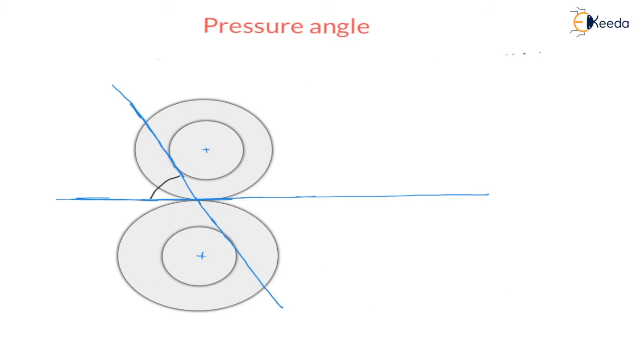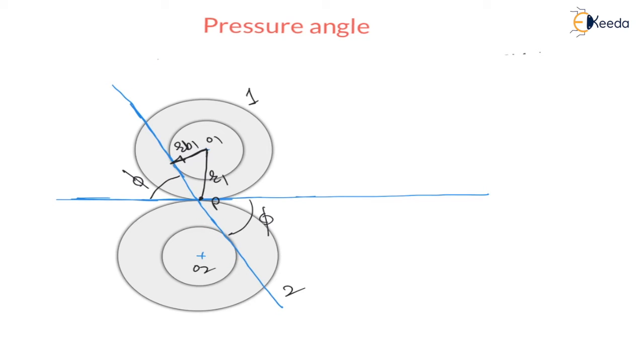Now here this angle is pressure angle, which is phi. Therefore, this angle will also be the pressure angle phi, right? Now along this line force is acting. Now let us understand. See, this is the first and this is the second gear. This is center O1 and this is center O2. From O1 to this point P, this distance is R1, that is the pitch circle radius, and O1 to this point, this radius is RB1, right? The radius is always perpendicular to the tangent, and this line is acting as a common tangent to the base circle.